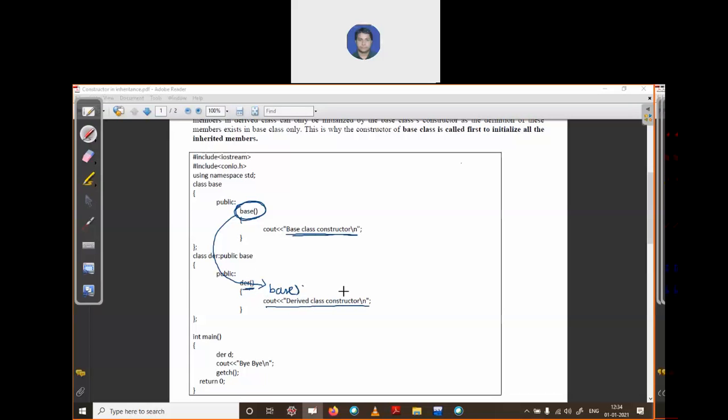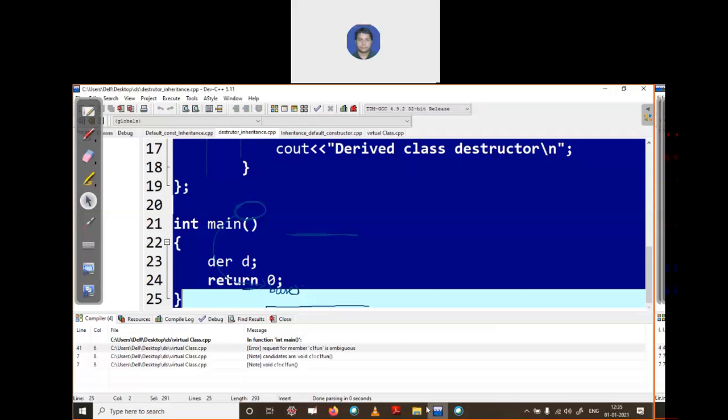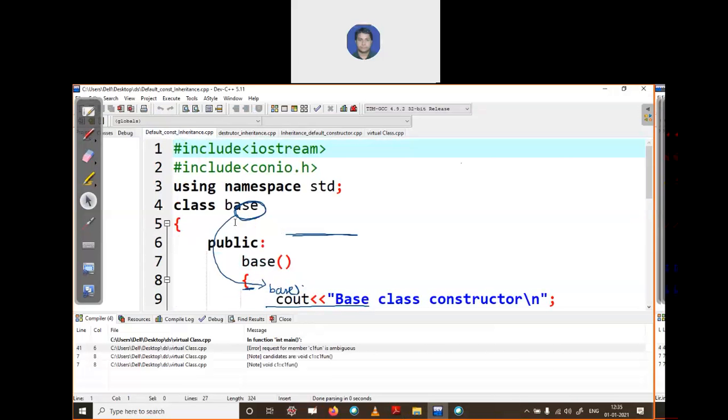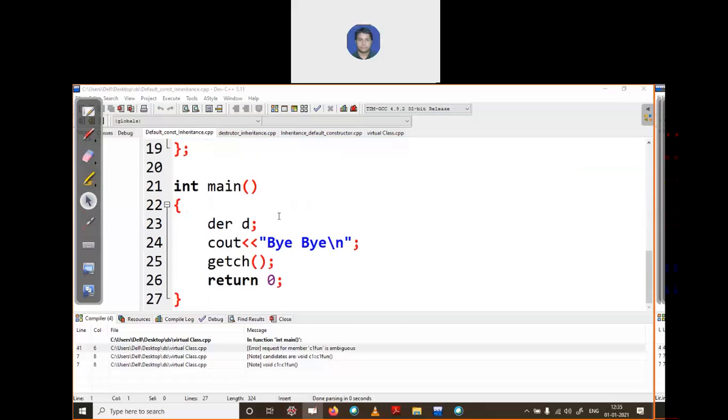What I want to say here is, in constructor inheritance, your base class constructor will fire first, then your derived class constructor. If you want to see it in execution, I just opened the program. It is the same code, nothing has changed.